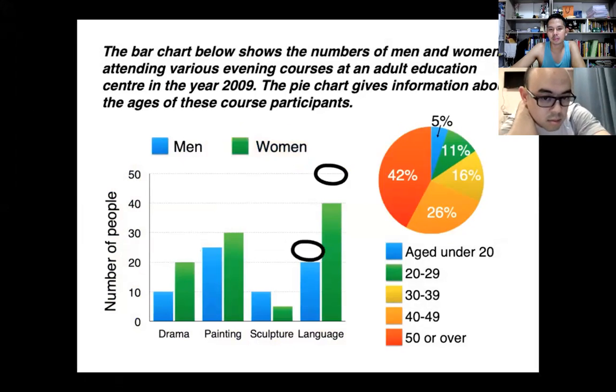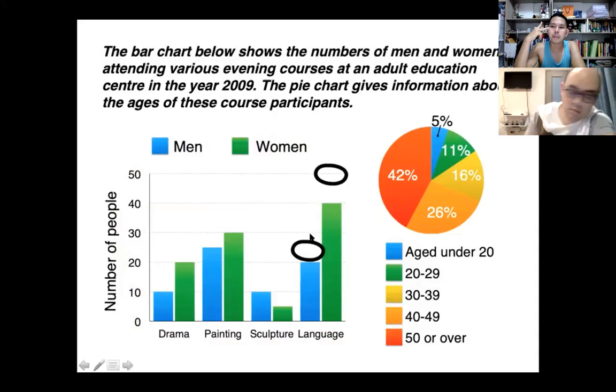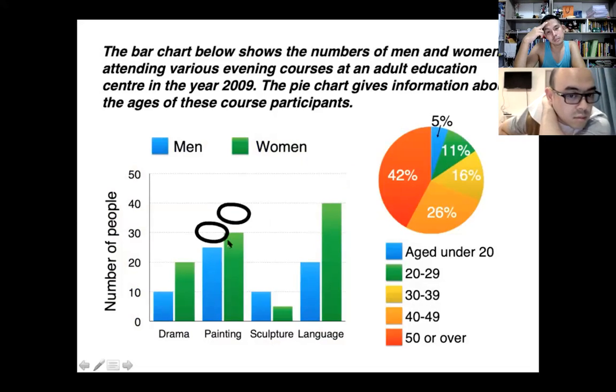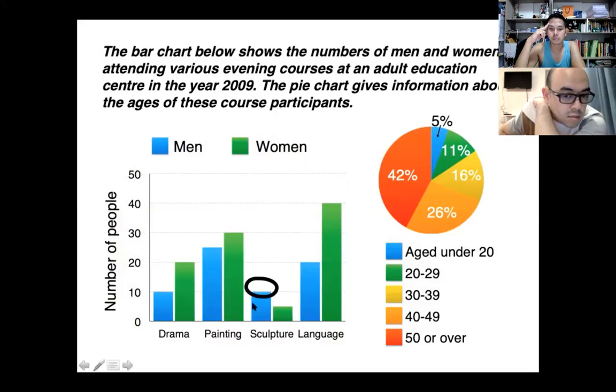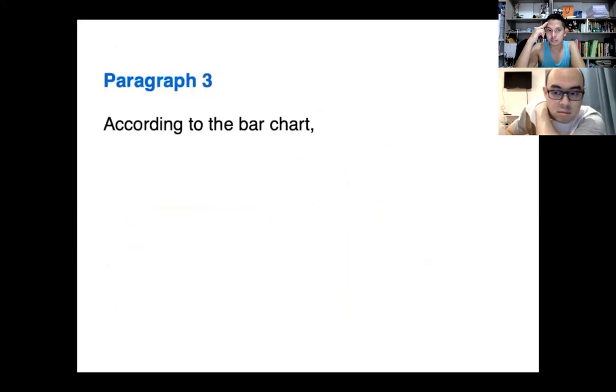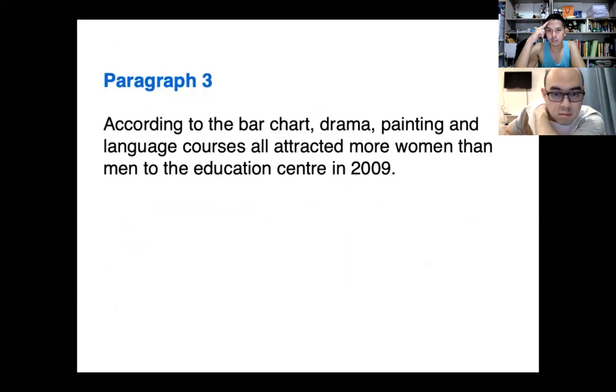That is sculpture. But you will also see language classes. More women join language classes than men do. And there's a huge gap. And this is the smallest gap. And also, that is the only class that men join, I mean, the number is more than women, right? So paragraph number 3, according to the bar chart, drama, painting, and language courses all attracted